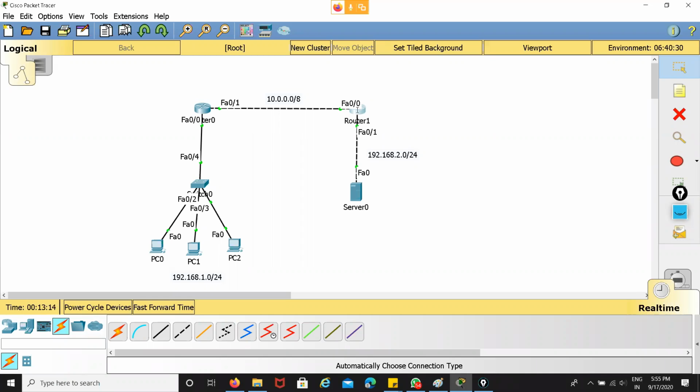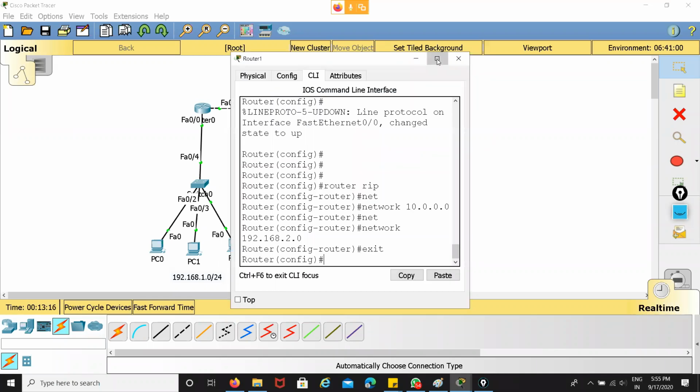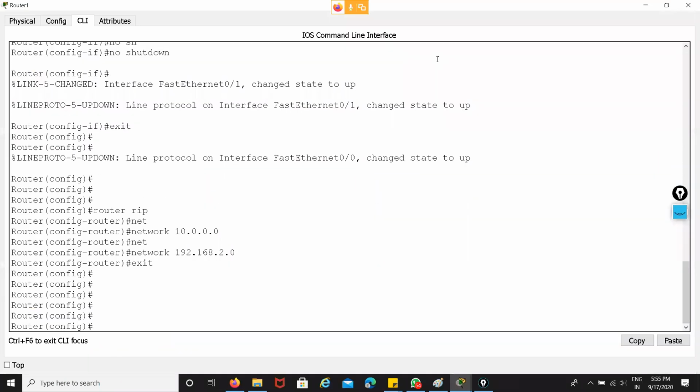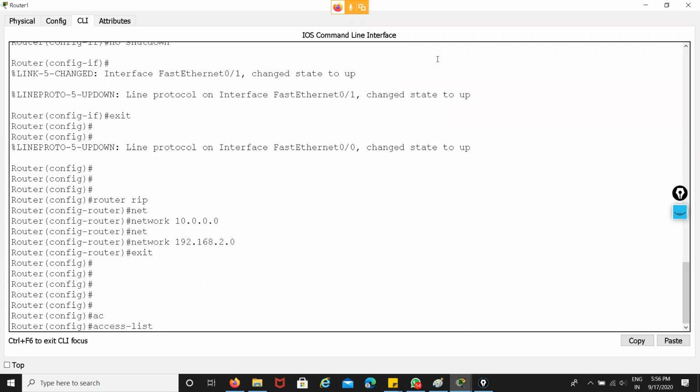So I choose that particular router, open it, and now I have to configure the standard ACL by using a number. To identify that this is a numbered ACL, standard ACLs use the range 1 to 99. The command is ip access-list, and I choose the number 10. It means I'm configuring the standard ACL.